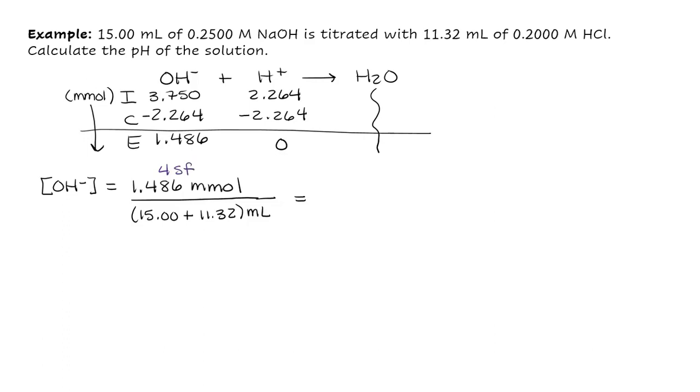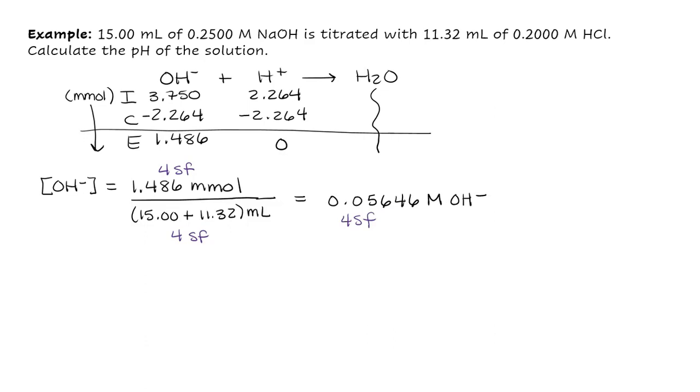After we do the addition, we'll still have 4 sig figs in the denominator. So our hydroxide ion molarity gets rounded to 4 sig figs. So doing the math, we have 1.486 divided by 26.32, rounded to 4 sig figs, gives us 0.05646, and that's molar